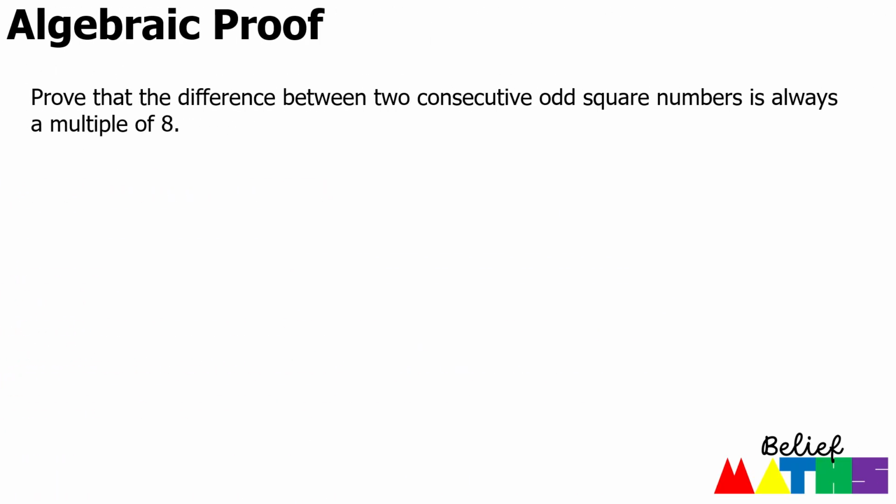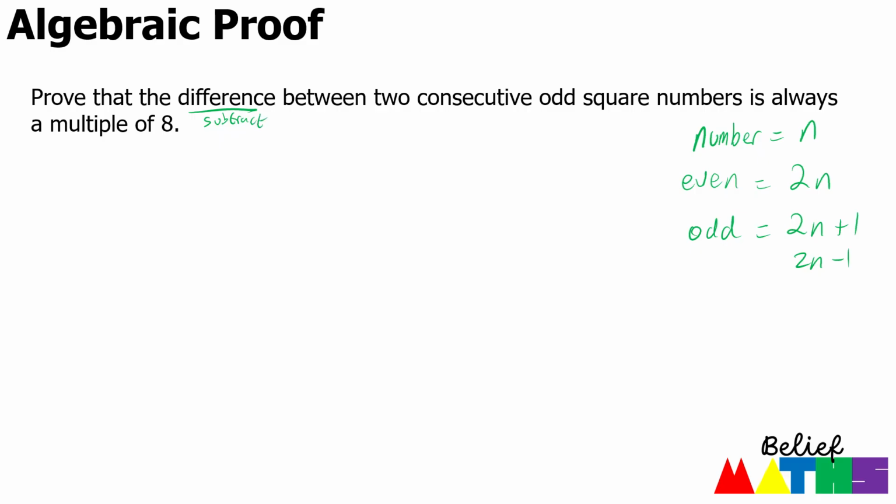Now, algebraic proof tends to be seen as one of those more difficult topics, and really once you understand the basics of how to represent these numbers, it does make it a little bit easier. So in a very simple sense, if we want to represent a number, we just call that n. If we want an even number, we represent that as 2n, and an odd number, we use 2n plus 1 or 2n minus 1. So this tells us to prove the difference, so difference means subtract,